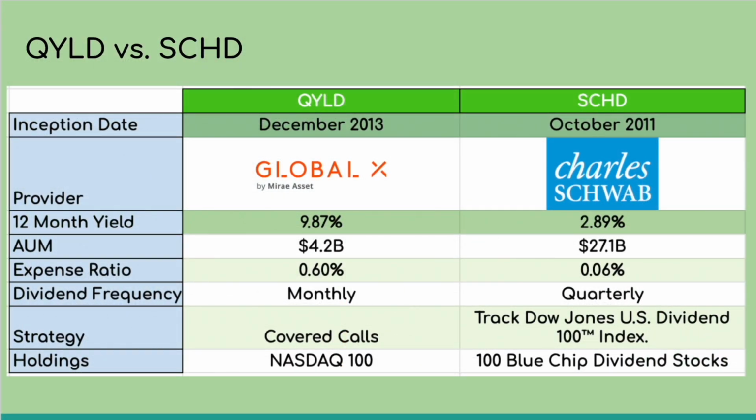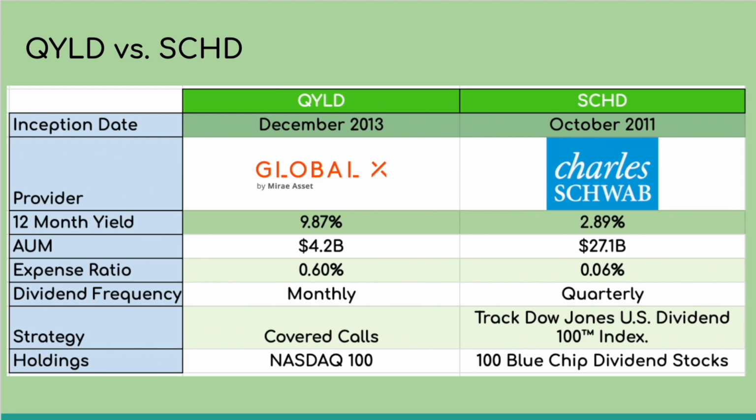Okay, let's do a comparison to another popular ETF in QYLD. So SCHD has been around for about 10 years. They were founded in 2011, so that's actually even older than QYLD, which was founded in late 2013. They have about 102 total securities. They also hold on to small immaterial positions in the US dollar and in a money market fund. And we just talked about how diversified they are in many different sectors, opposed to QYLD, which is just holding the NASDAQ top 100.